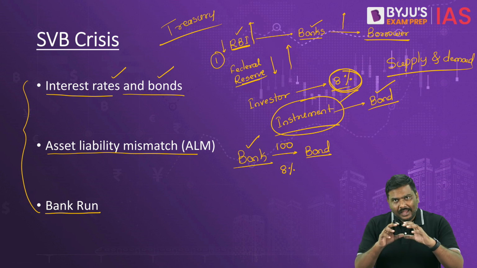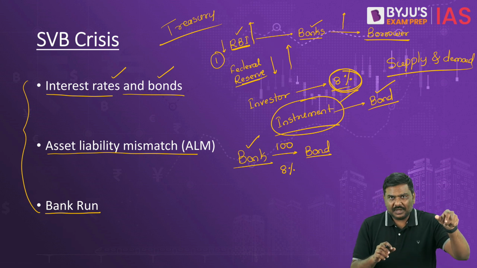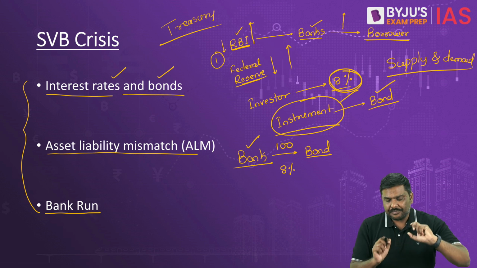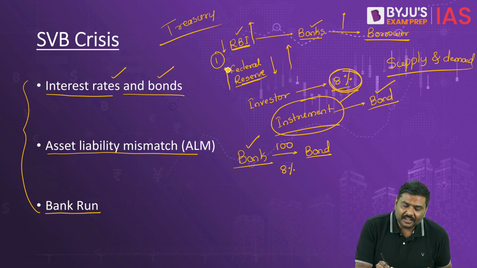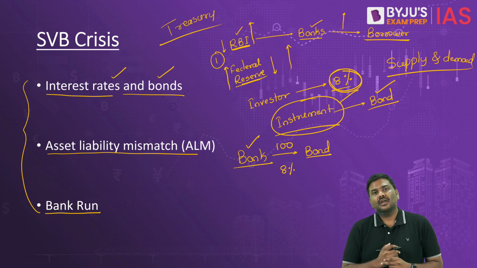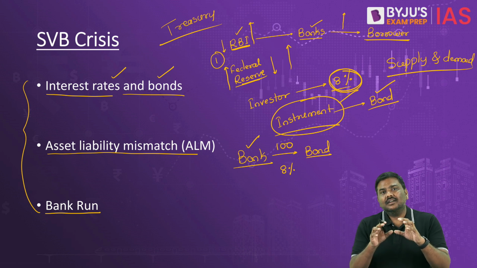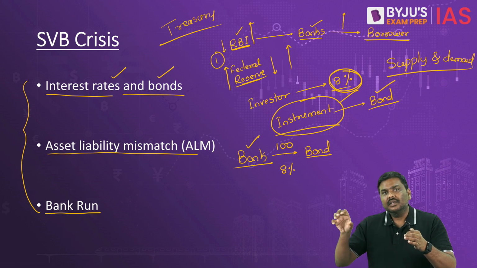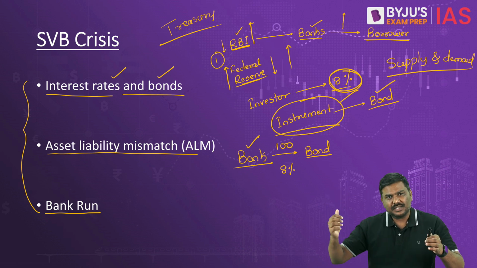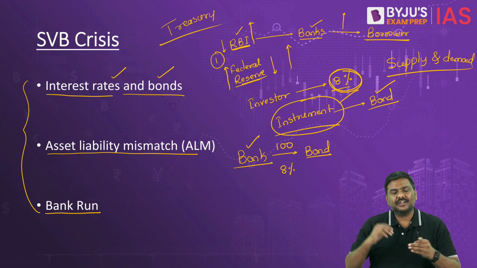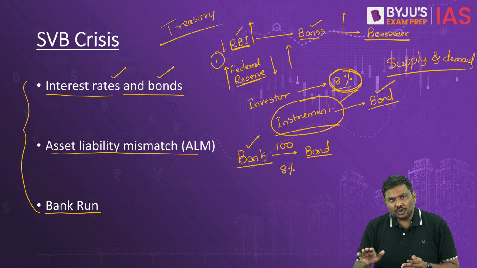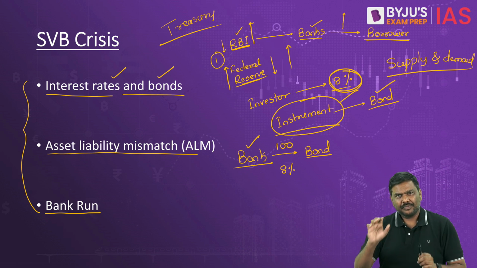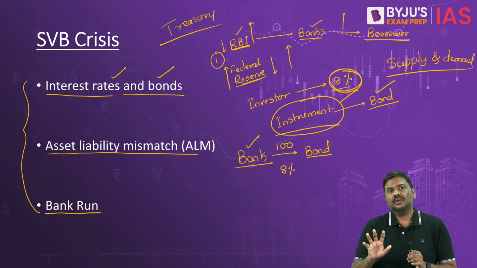Now what I'm saying, in USA, in the last couple of months, in order to control inflation, the Federal Reserve has increased interest rates. Now, rather than 8% in the market, the interest rate, let's say, is 9%, let's say is 10%, etc. Imagine you want to purchase this bond. Simple. You want to purchase this bond.